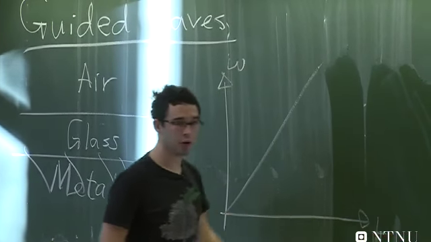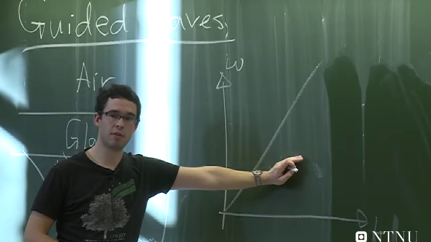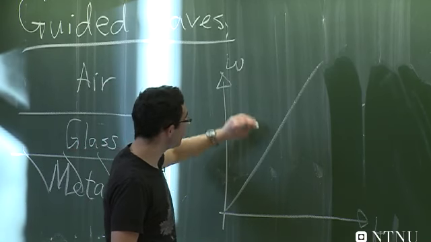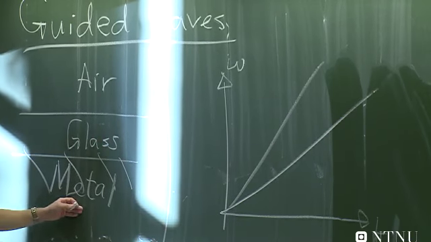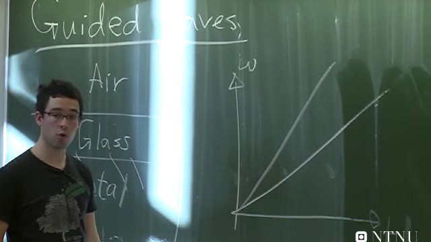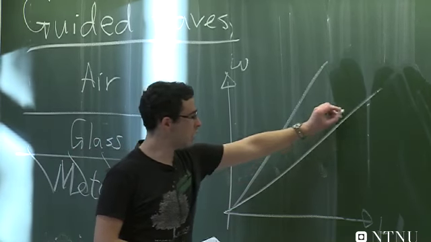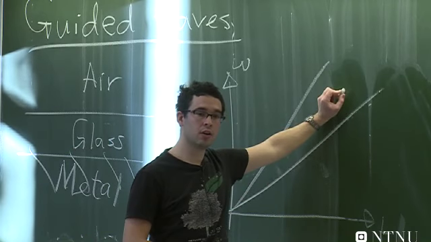So this is the light line for air. To the left of this we have propagating modes in air, and to the right of this we have evanescent modes in air. And we always have evanescent modes in the metal because it absorbs energy, right? The Ohm's law. This is the light line for the glass, meaning that to the left of this you have